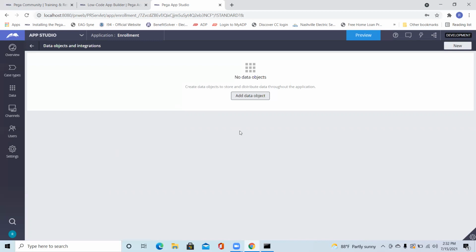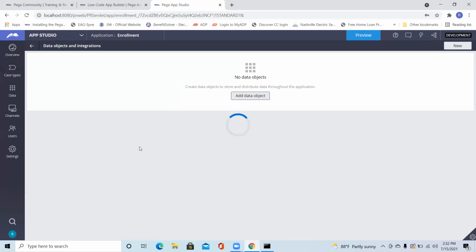Even if you want to bring data from some external system, you can configure that here. In Pega we call it a data table. Any doubts on case types and data? Okay, good.